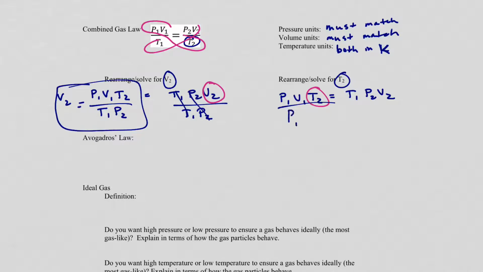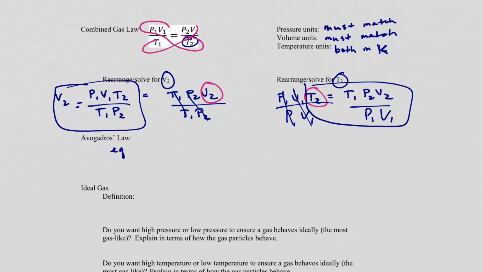So you're going to divide both sides by P1 and V1. And so now you can see that T2 is equal to this equation. All right, so Avogadro's law is essentially saying that if you have two gases, it doesn't matter if they are